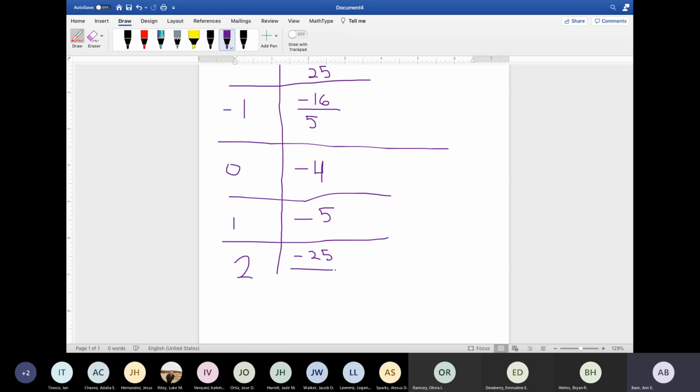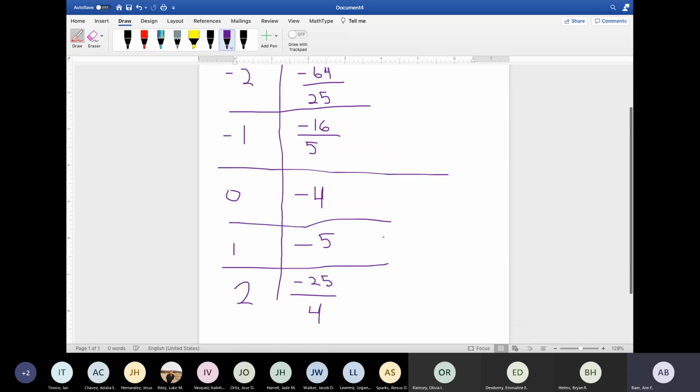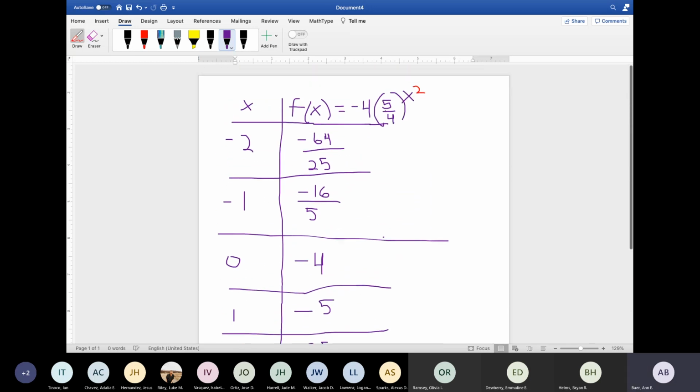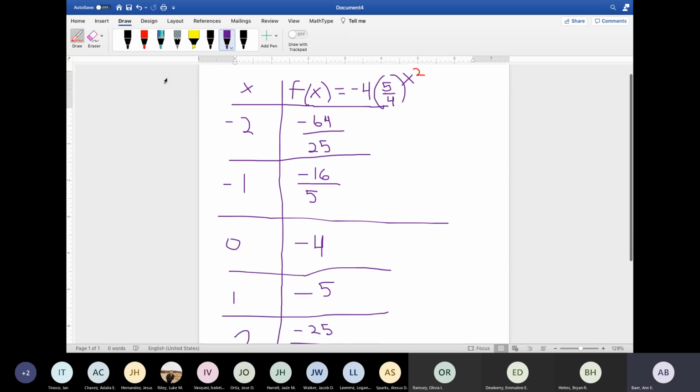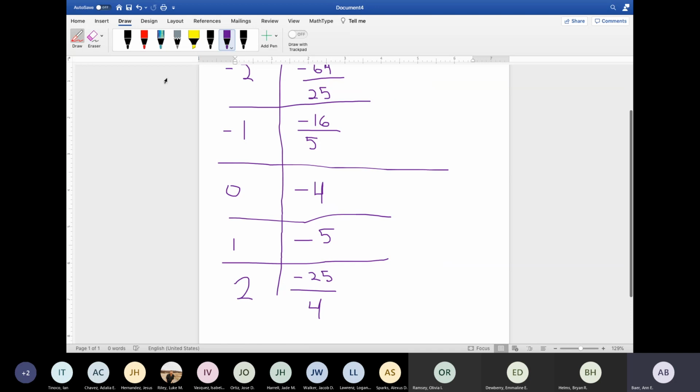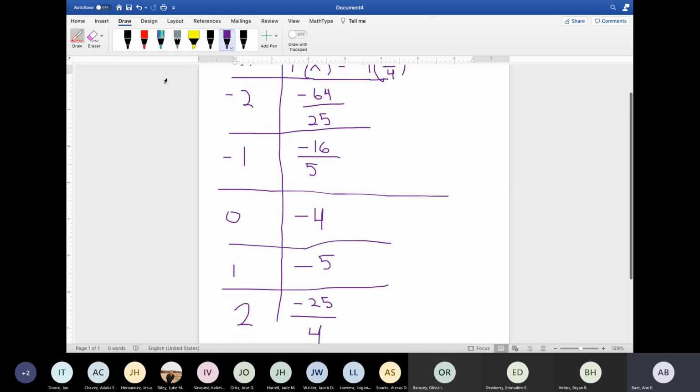-25/4. So does anybody have any questions on the graphing calculator? It's very, very useful and will continue to be very useful for you to really understand. We're going to talk about graphing logarithmic functions and rational functions, and a lot of different topics before the end of the course. So it's really helpful to know how to use the graphing calculator to your advantage.